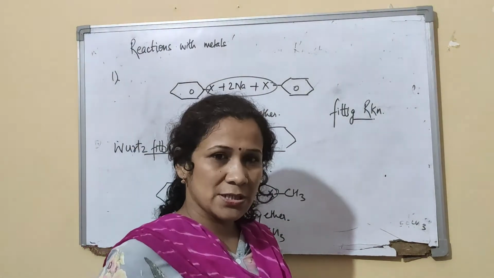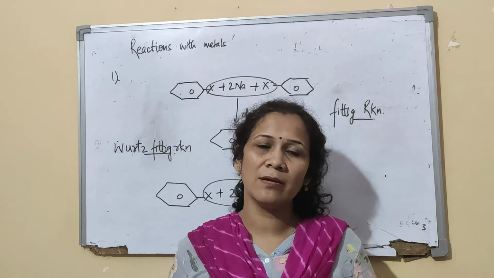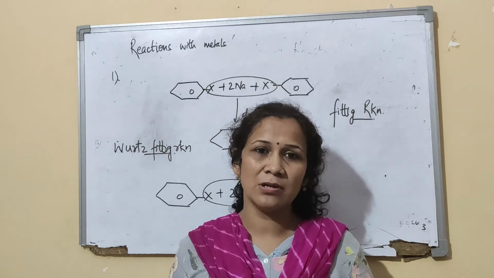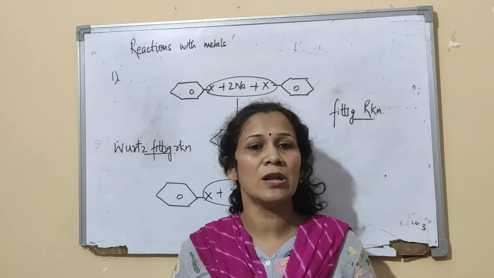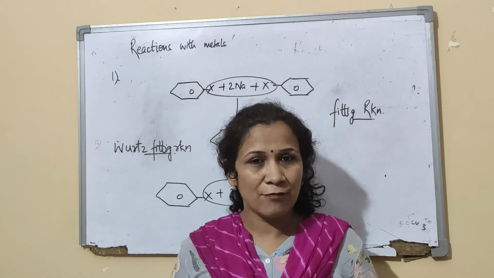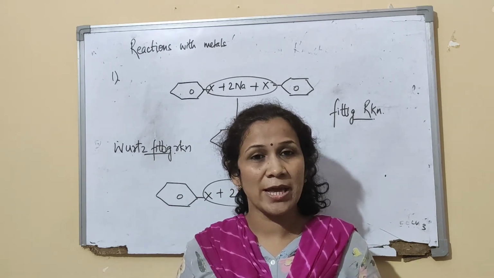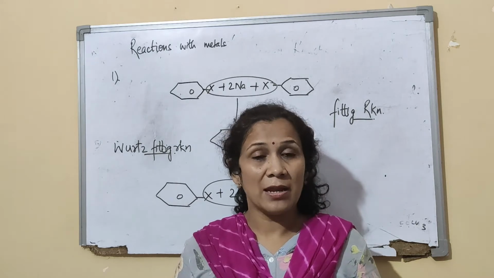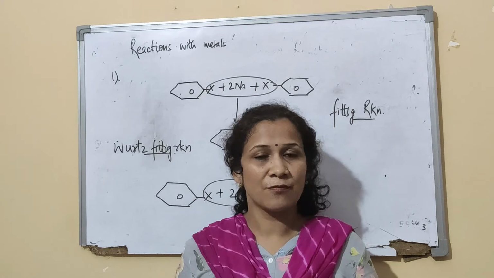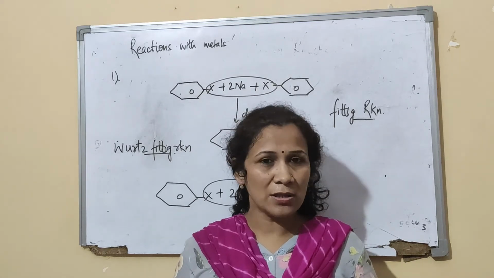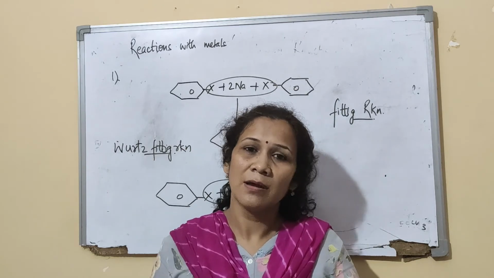So again, you can just see that there are basically three types of reactions. If you are doing it with a straight chain, we call it Wurtz reaction. Double the number. We don't use it for odd number of carbon. We use it for even number of carbon. If you use instead of that a ring, haloarene, we will name the reaction as Fittig reaction. And if you have one straight chain and one ring, we will call it as Wurtz-Fittig reaction. Right? All the reactions are with metals, so we keep it under the class reactions with metals.